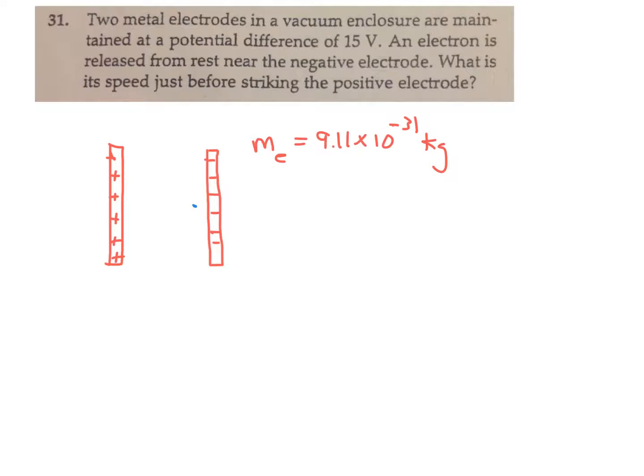This problem, you don't need to know the mass of the proton, but in the next one, problem number 32, problem 32 is basically just the reverse of 31, and you'll need to know the mass of the proton. I'll write it down, 1.67 times 10 to the negative 27th kilograms. If you don't have these written down, just look them up online or inside the cover of your book for